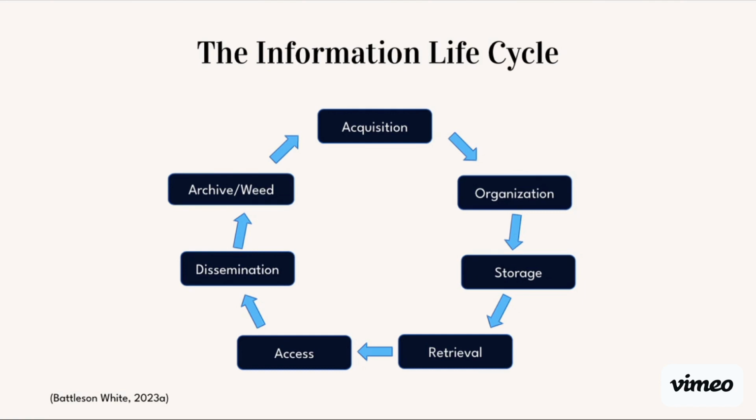As we have learned, the information lifecycle refers to the stages of life an entity of information will flow through from its creation to its eventual destruction. As a general overview, an information entity is first acquired by an organization and then organized through some sort of classification system. Next, the entity is stored in some manner that allows users to retrieve and access that information, and allows for the dissemination of the entity beyond the collection or information database.